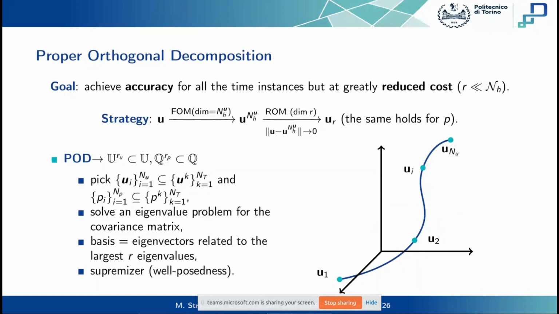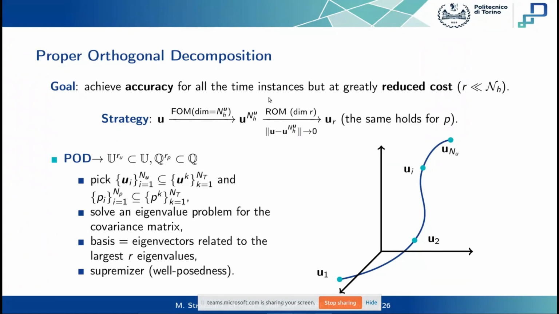Once you have built this space of dimension R, with R much smaller than calligraphic N_h, where with calligraphic N_h I'm indicating the global dimension of the system, both for velocity and pressure,